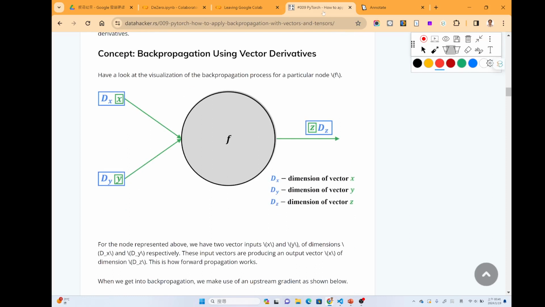We have x, y and z, but instead of matrices, they are just vectors. x is a vector whose dimension is d_x, y is a vector whose dimension is d_y, and z is a vector whose dimension is d_z. We have the function f(x, y) equal to z.